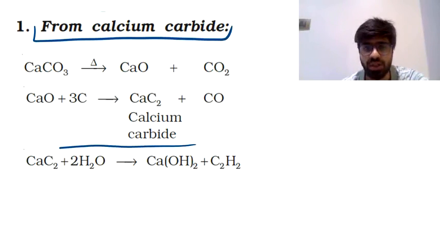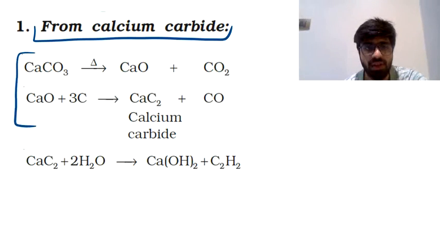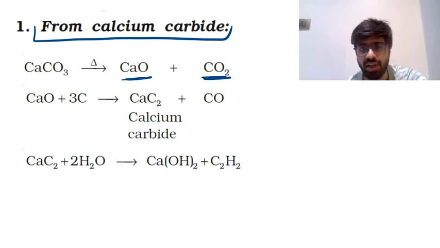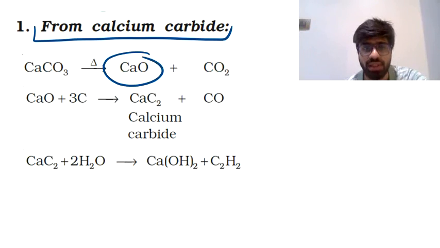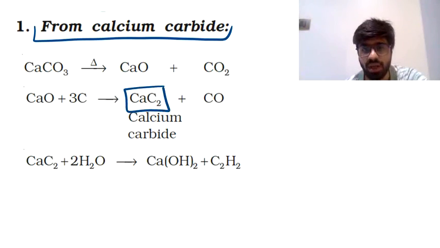The main reaction is only and only the third reaction. In the first two reactions that you see here, they've only said how calcium carbide is going to be prepared. When you are heating calcium carbonate, it forms calcium oxide and liberates carbon dioxide. That calcium oxide is simply made to react with carbon. It's not a simple reaction with carbon, but let's just say calcium oxide combines with carbon and that gives the formation of calcium carbide and releases carbon monoxide.